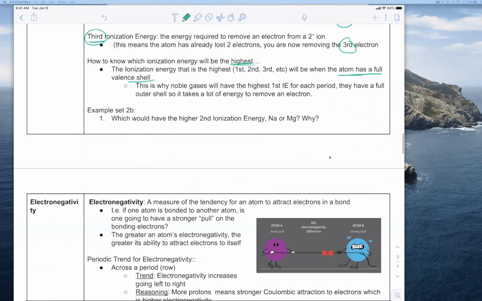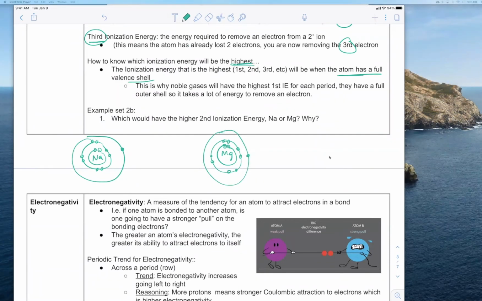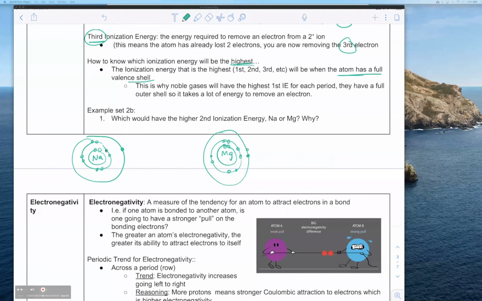So sodium looks like this, and then magnesium, pretty much the same thing, except it has 2 electrons on the outside. Okay,